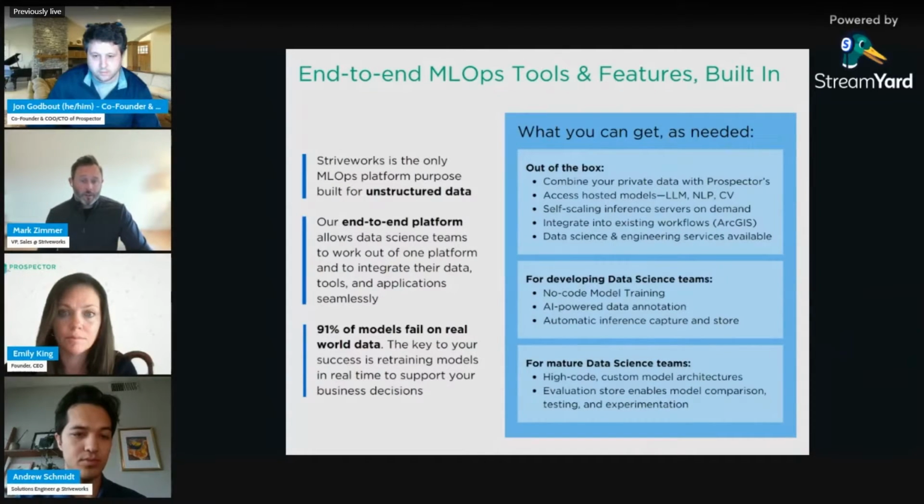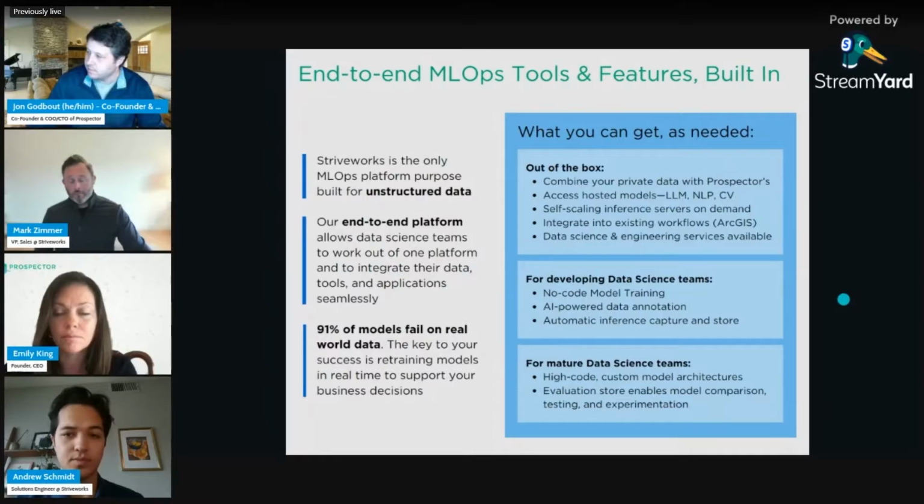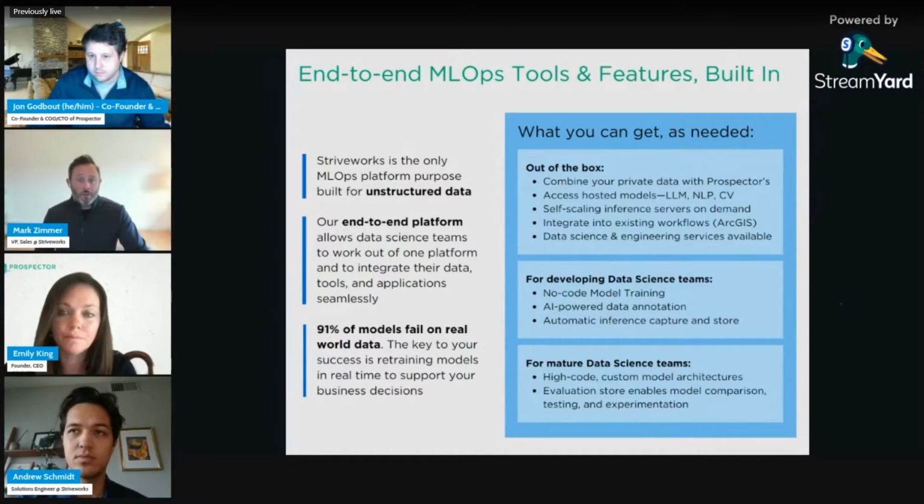We can also integrate this into existing workflows. So if analysts are using ArcGIS, for example, it's easy to integrate these models that are populating that data directly into those workflows as you need it, so that you're basically disappearing the MLOps function to an end user, which is super important.